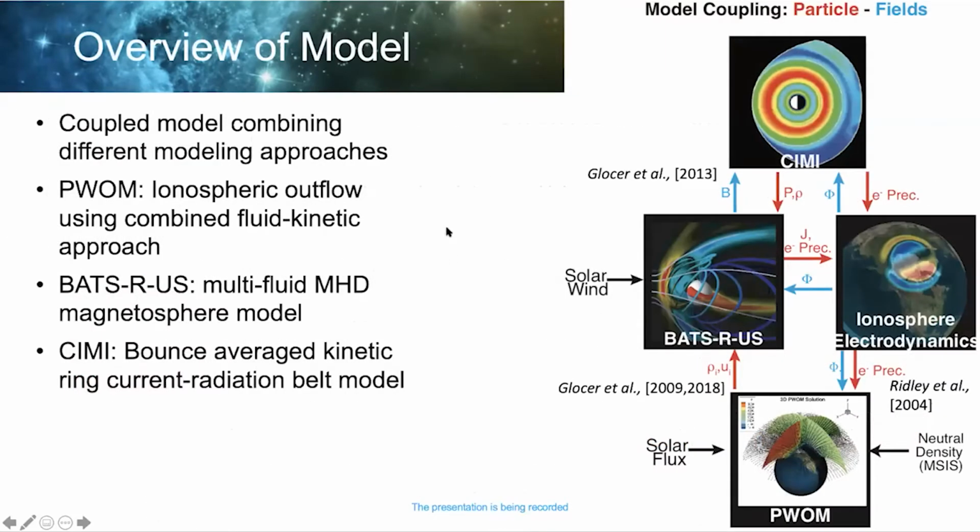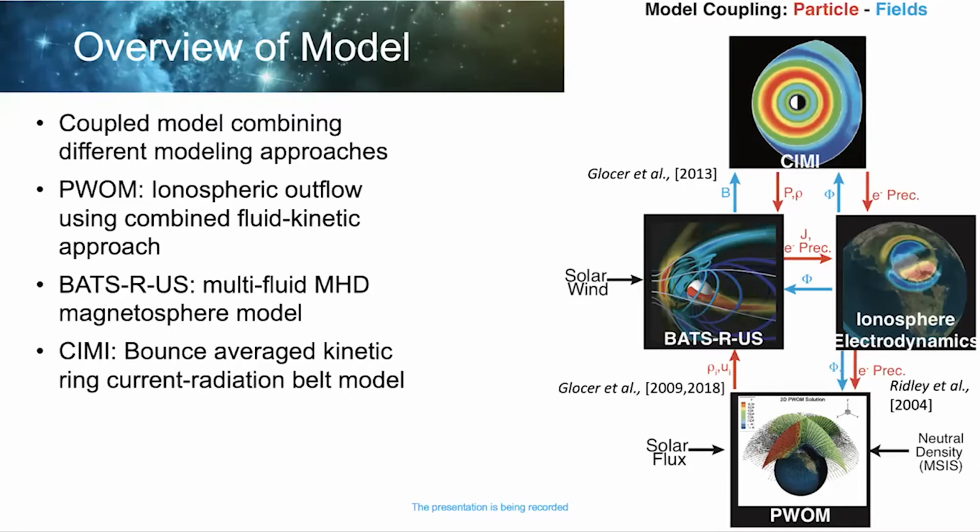And so, as I said before, I'm doing this study with the space weather modeling framework, and I'm using this setup here. So this is a subset of that larger picture that I showed you earlier. And in this case, the ion outflow, as I said, is provided by Plume. Plume is setting the inner boundary condition of the BATS-RS magnetosphere code. In this case, BATS-RS is configured to solve the multi-fluid MHD equations with one fluid for solar wind protons, one fluid for ionospheric protons, so we can separate those populations, another fluid for ionospheric oxygen, and then a separate fluid for the cold plasmasphere